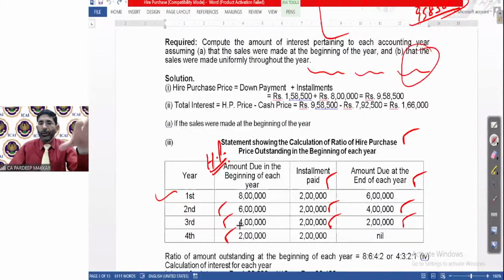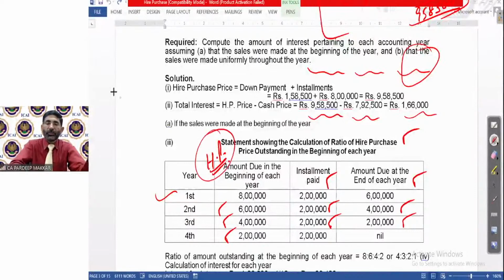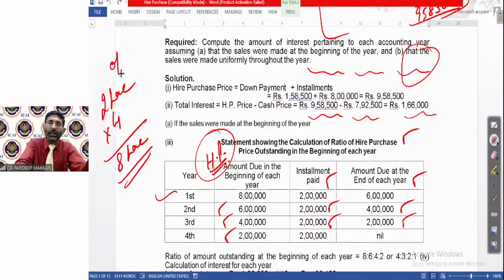So what you will do, first of all, you have to calculate the interest, total interest on your complete transaction. For that purpose, you have done HP price minus CP price, beta, and you are able to get the total interest. Whatever is the total interest, you will have to calculate the amount outstanding at the beginning of every year, and that is obviously cash price which is given to you. That is obviously HP price which is given to you, because he has already mentioned that we have to pay 2 lakh in every installment, and there are 4 installments. That means we have rupees 8 lakh outstanding at the beginning,